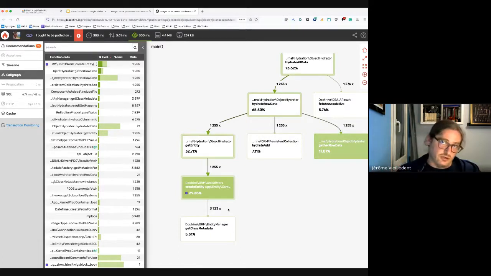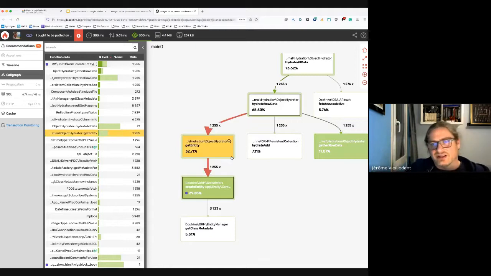The caller being the function calling, and the callee is the function being called. So the only thing that such a graph guarantees is that this function called this one 1,255 times. And that's enough to get an idea of what's going on.